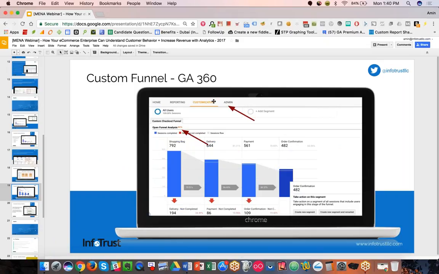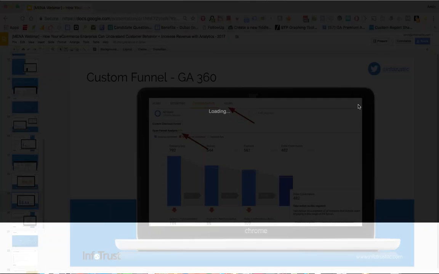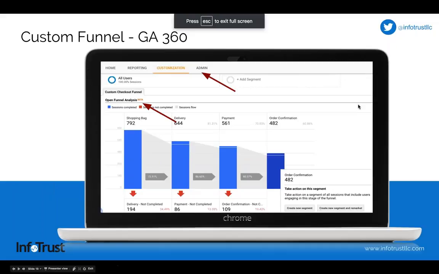To the last few slides of this section as far as visualizing customer behavior in the funnel and the flow, I wanted just to talk about one capability in Google Analytics 360, the enterprise version of Google Analytics, the paid version, is custom funnels. So again, I mentioned with Google Analytics, there's a few standard funnels, the shopping behavior and checkout, and the shopping behavior has set stages, product detail, add to cart, checkout.